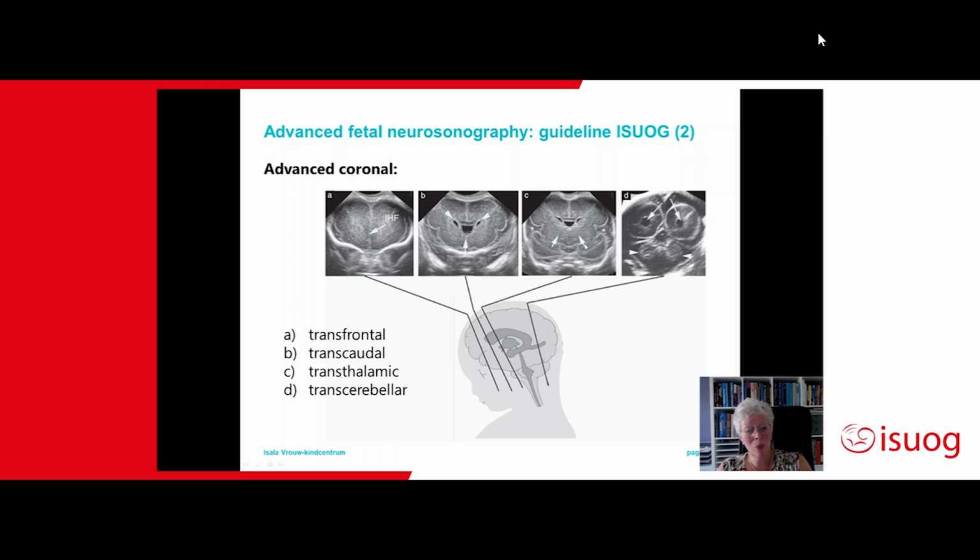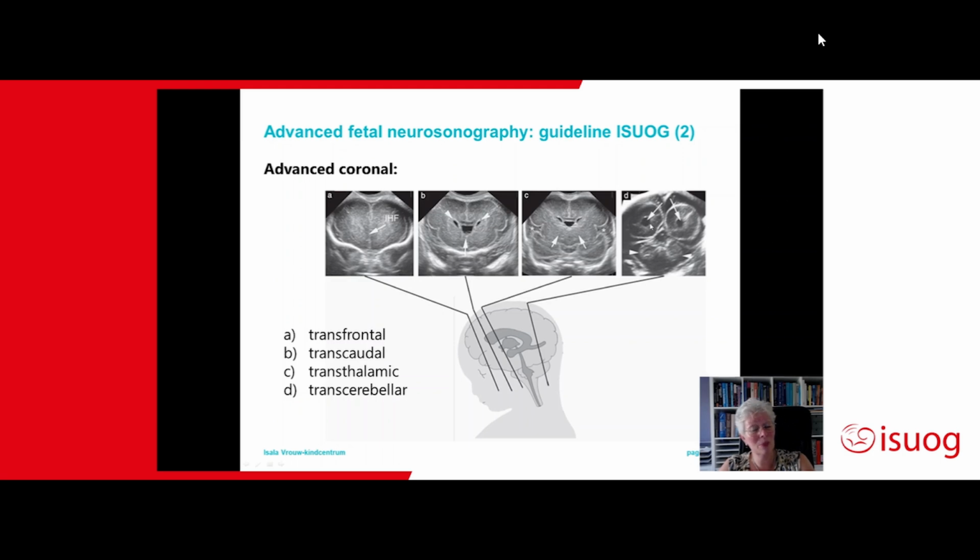If you look a little bit more posterior, we get the transthalamic plane and we can see both thalami over here with the third ventricle in between. And then completely in the back of the head we can see the transcerebellar plane, where we can see the cerebellum over here, and there we have our tentorium, and there we can see both lateral ventricles,